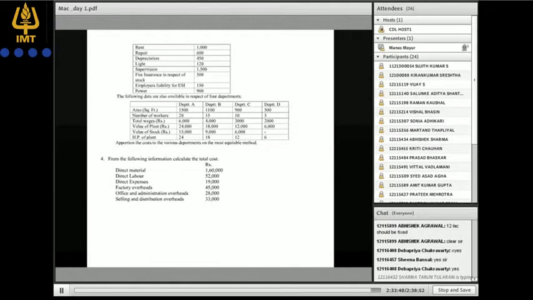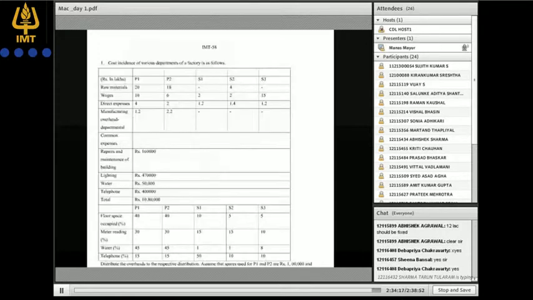But just to show you how these kinds of numericals can be solved practically, here it is simply the addition of all these costs. If you add direct material, direct labor, direct expense, it will give you prime cost, which is the addition of these three. If you add factory overhead to that, that will be factory cost. If you add office and administration, that will be cost of production. And then if you add selling and distribution, that will be your total cost or cost of sales. Otherwise you just simply add all these costs and that will be your total cost. Okay.